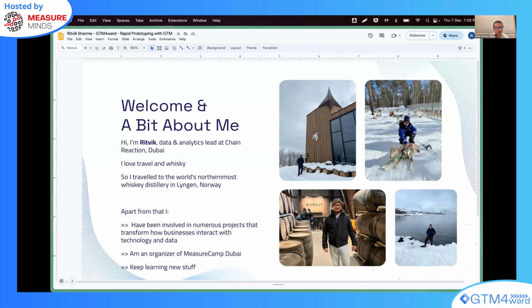Apart from seeing the world around different countries, I have been involved in numerous data and analytics projects revolving around GA4 implementation recently, but not just GA4 implementation, also supporting and consulting clients with their digital and analytics infrastructure that includes setting up the right tools, technologies from a front-end architecture perspective on the websites and apps, as well as back-end architecture perspective on how, for example, the cloud infrastructure could look like.